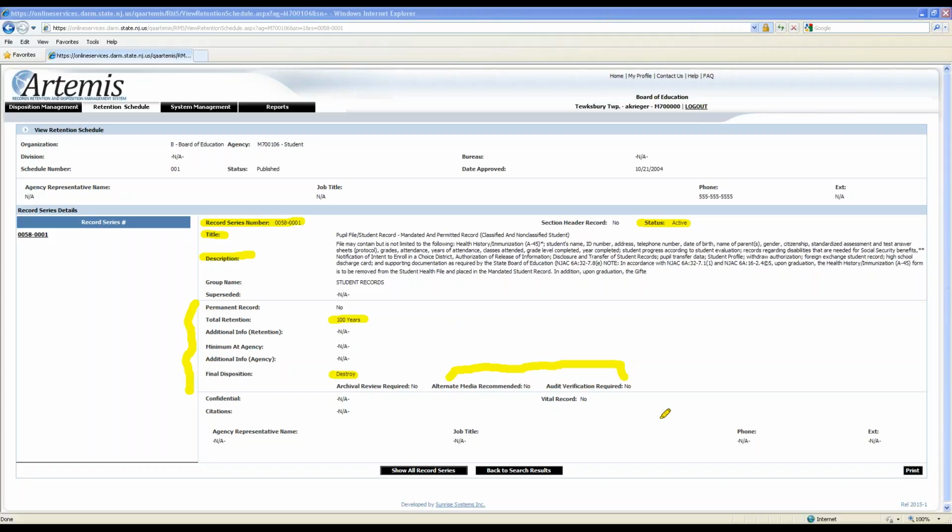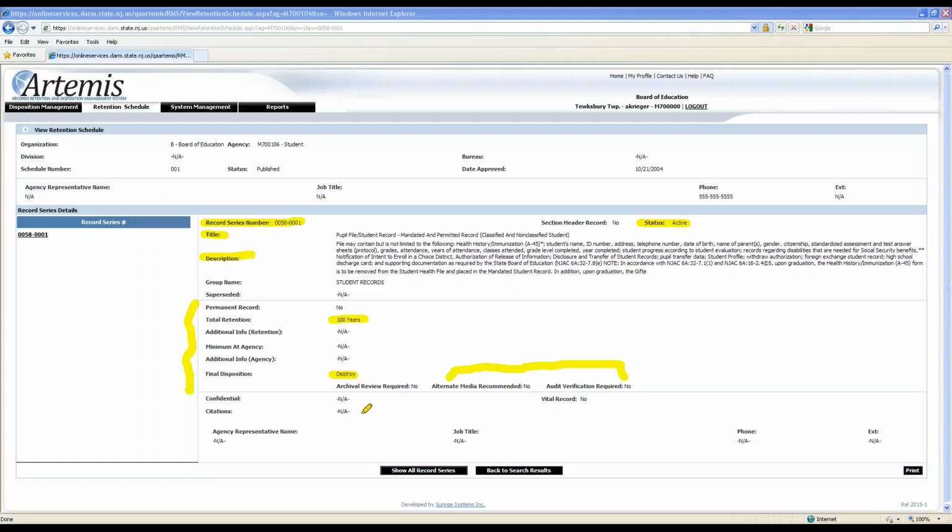And then the last question there says audit verification required, and that's a yes or no. This tells you, for the record series that you're utilizing, does your auditor for your organization have to sign off on that disposition request before you submit it to the state? If this is a yes, then you're going to have your auditor sign off on that request. Even if one item on that request has a yes answer, you're going to have your auditor sign off on it. I know some organizations by default send everything to the auditor. Others will only send what needs to be sent. But again, if this says a yes, that request has to go to the auditor.